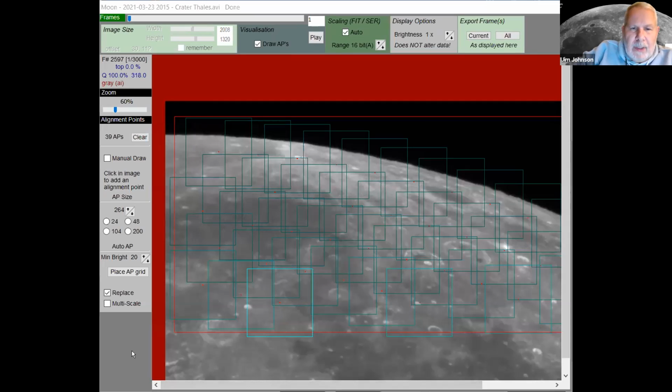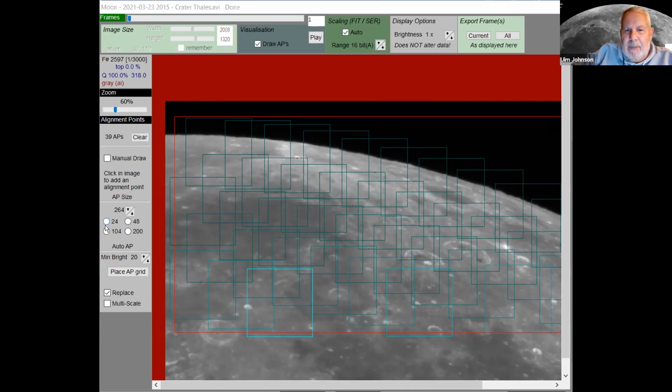Okay, so while you were away, I went back and set the alignment points so that I could at least talk about them if it froze up again. Basically, every one of these squares that you see on top of my image has a red dot in it, and that dot and the square around it is an alignment point, and each one of those areas is handled as a separate piece of the image when it goes into stacking. I like to have about 30 to 50, and I've actually got 39.